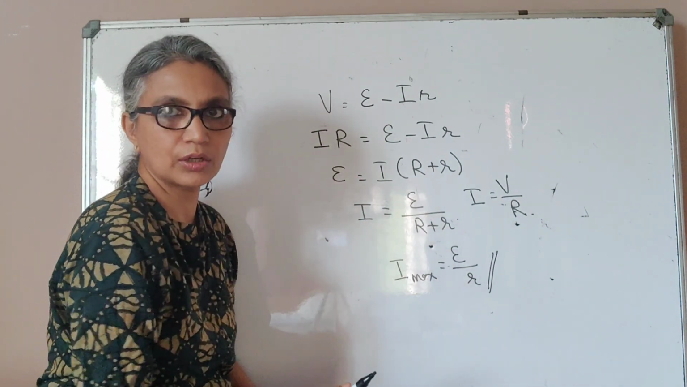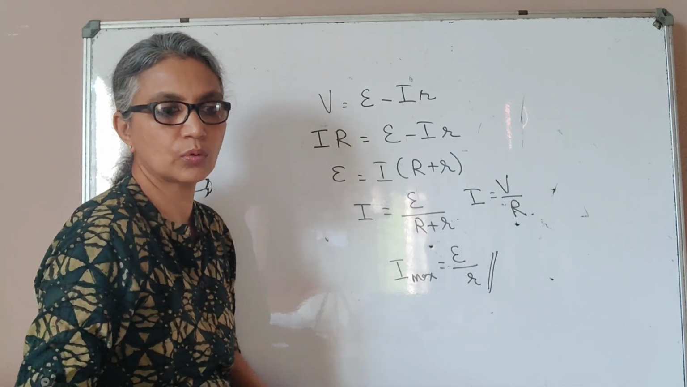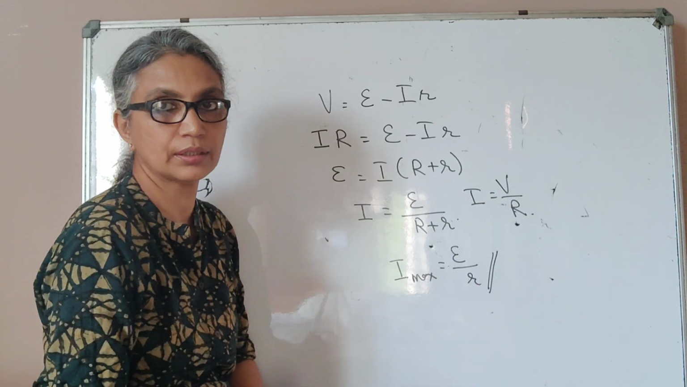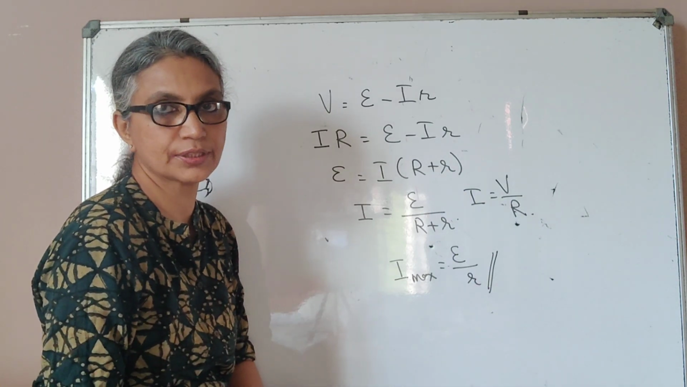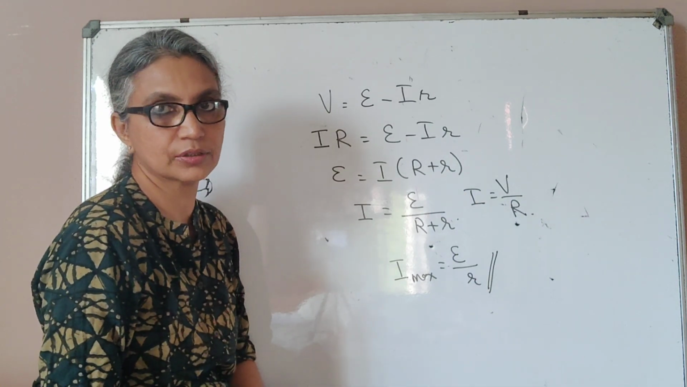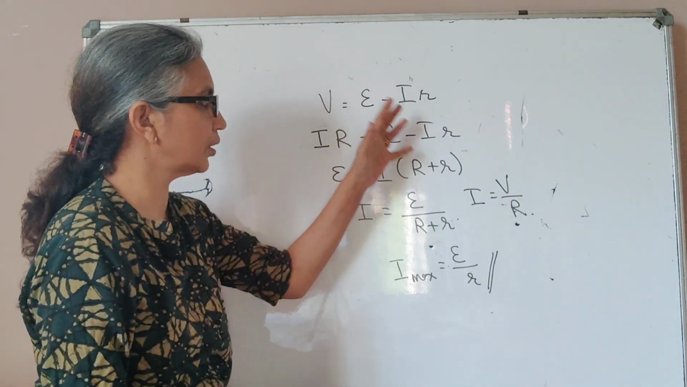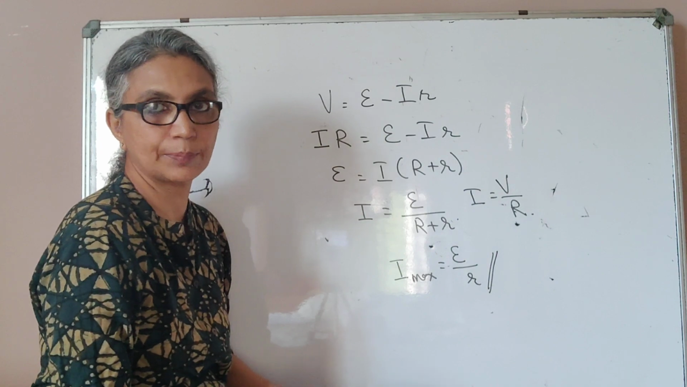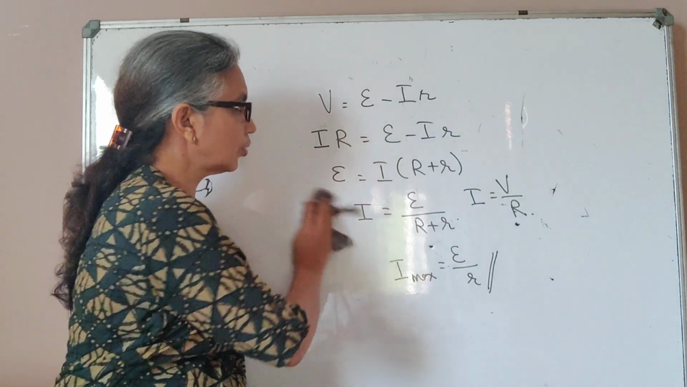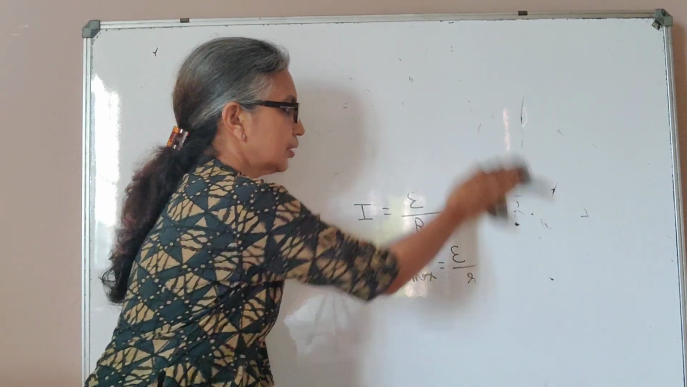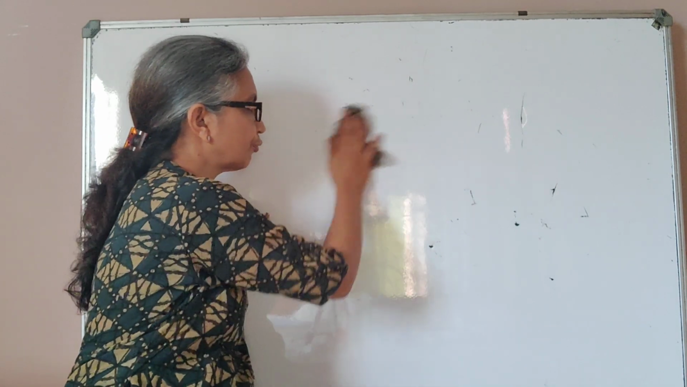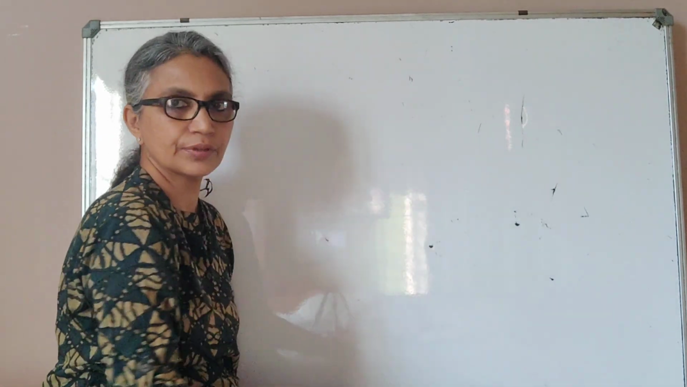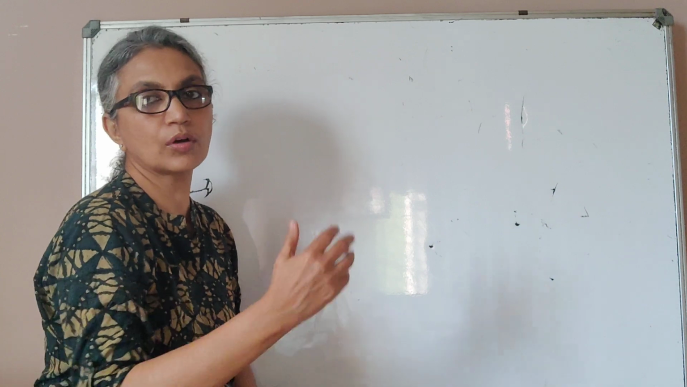So I hope by now it's very clear to you what you mean by the EMF of a cell, the terminal voltage V of a cell, and the internal resistance of a cell. And these are the formulas that you must be very thorough with to do your problems and your application questions. Now, the next topic we have is to find the effective EMF if you connect two or more